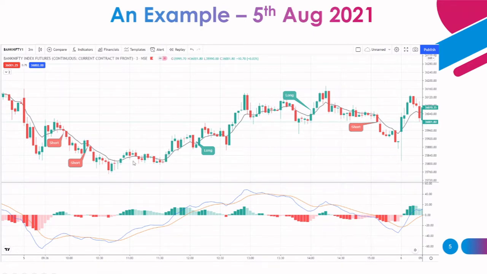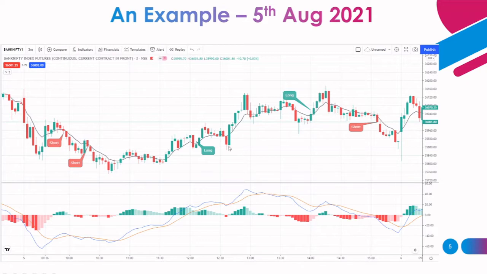And now when the MACD starts moving up, see here, MACD starts moving up, but we are not going to buy here. So we are avoiding the long here. We will only buy here. Why? Because MACD is above zero and the candle closes above... sorry, this is a little bit of a mistake. The long should happen on this candle, not this candle. This candle, right? So then this is also a long, but we are avoiding it because we have one more condition.